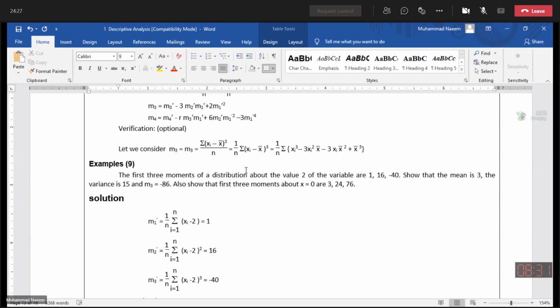Now apply sigma to all the terms and dividing by n. We have